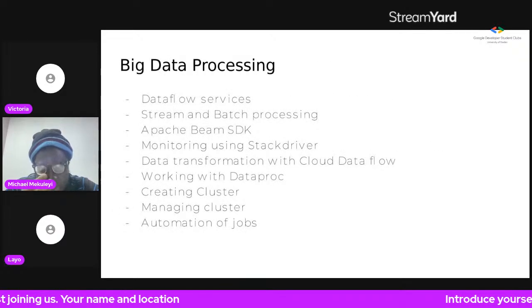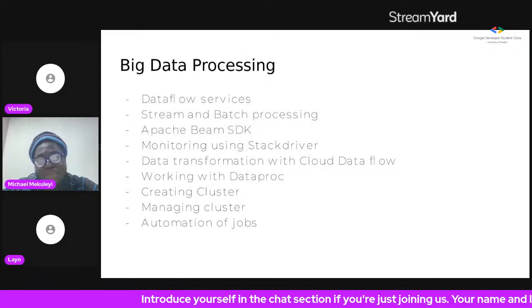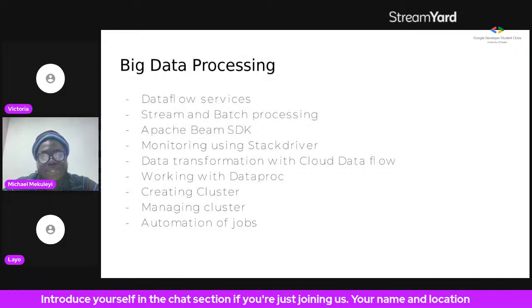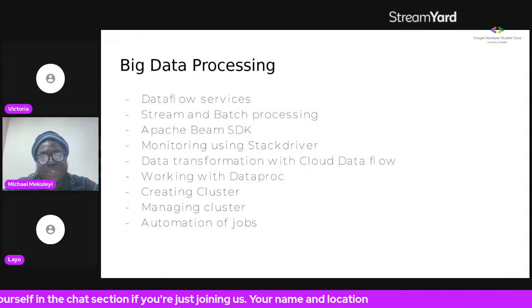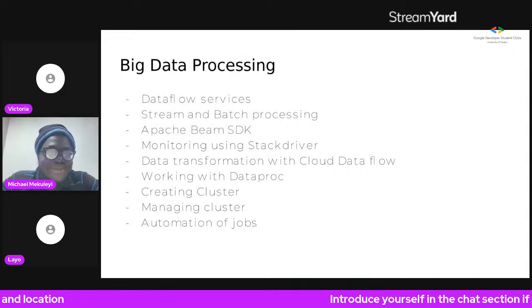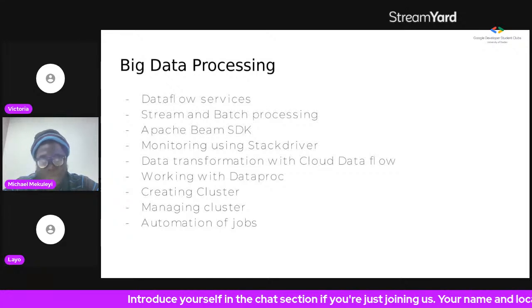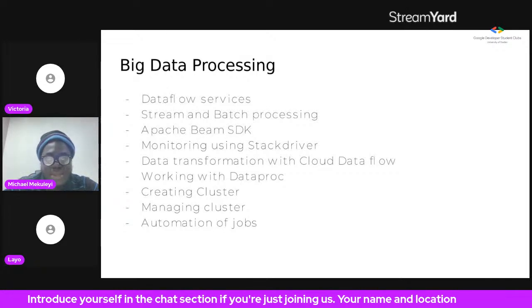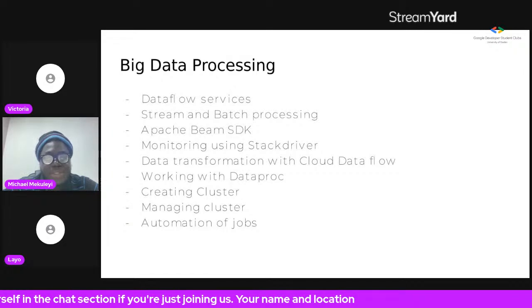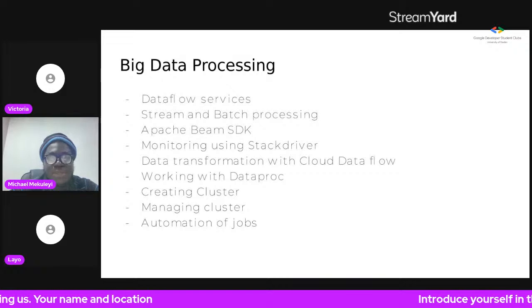And then we have big data processing. I'm a big fan of this because I've used it a lot. You have Dataflow for your data pre-processing. You have stream and batch processing. So what's the big difference between stream and batch processing? Stream processing is processing a continuous flow of data that is flowing in like a stream. Sorry, batch processing basically means taking in the data in batches, in cohorts, and processing everything.